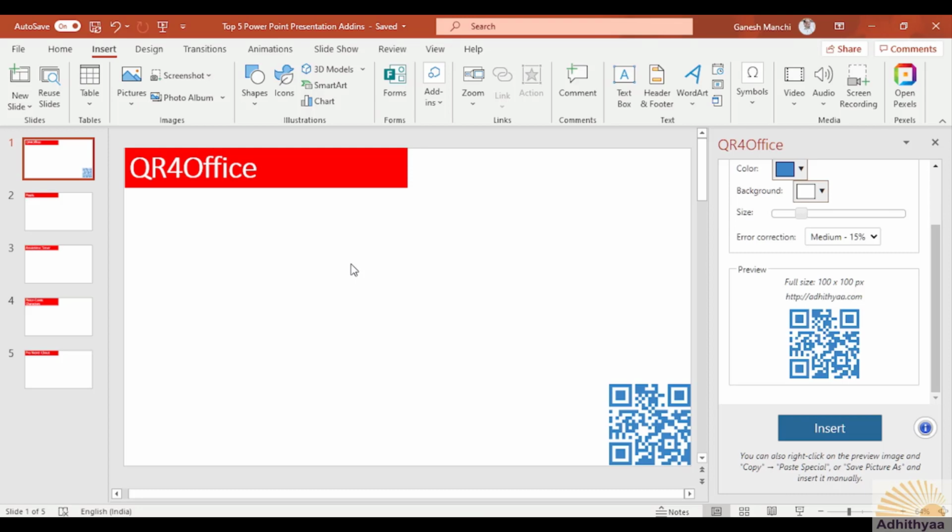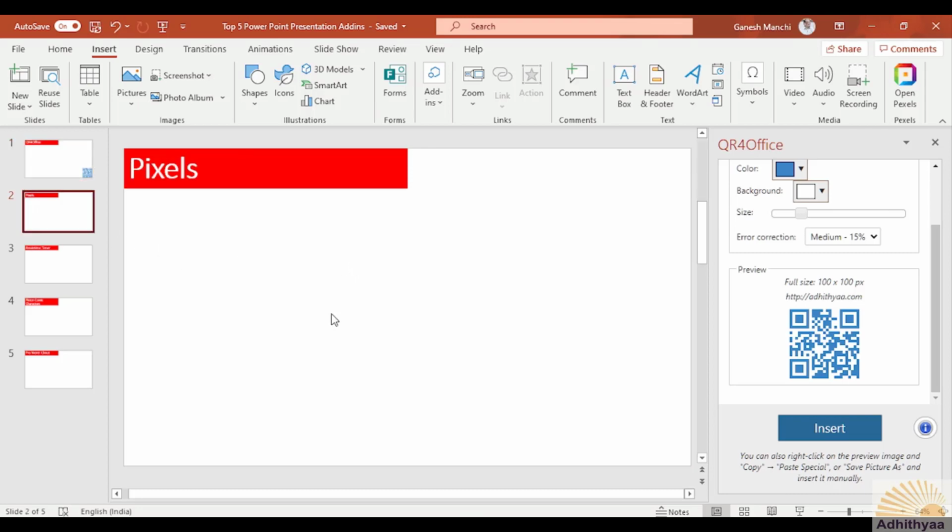Let's get into the next one, which is called Pexels. Pexels can fetch you photographs from anywhere: your OneDrive, your Google Drive, your local phone, or your Facebook, Instagram, wherever you have kept your pictures, you can easily bring them out here.